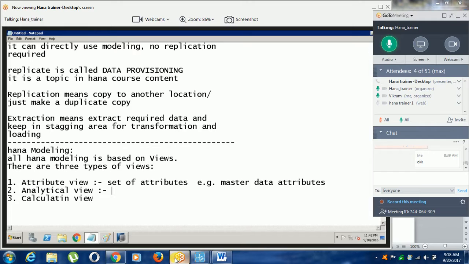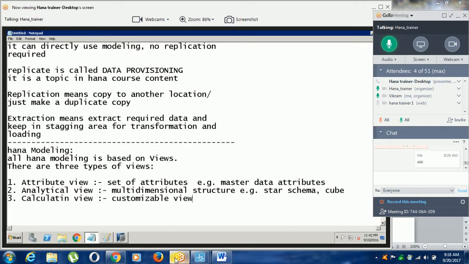Analytical view is a multi-dimensional structure, for example, a star schema, or you can say an InfoCube. Calculation view is a customizable view.